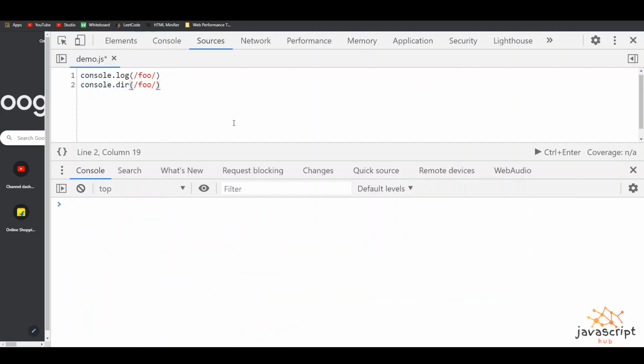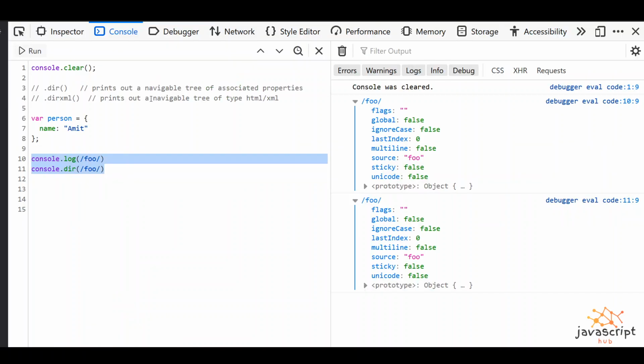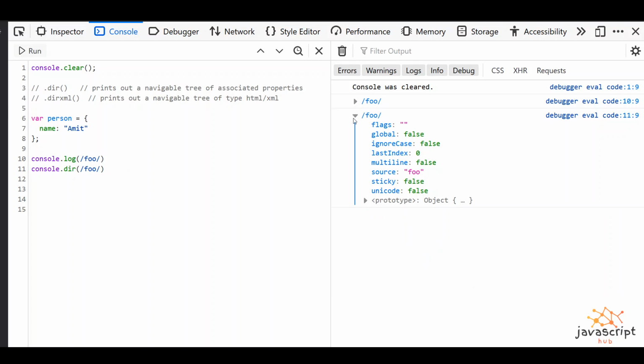let's see in Chrome. Then you see this actually works on a toString basis, and this works on the object. Now you can see the navigable tree here, all those methods and the navigable tree associated with it. I'm comparing different browsers in this video because each and every browser has its own implementation, and developers should know about the browser so that they can tell the difference while writing a piece of code. If you didn't know these changes inside the browser, you would never come to know what is going to happen next.